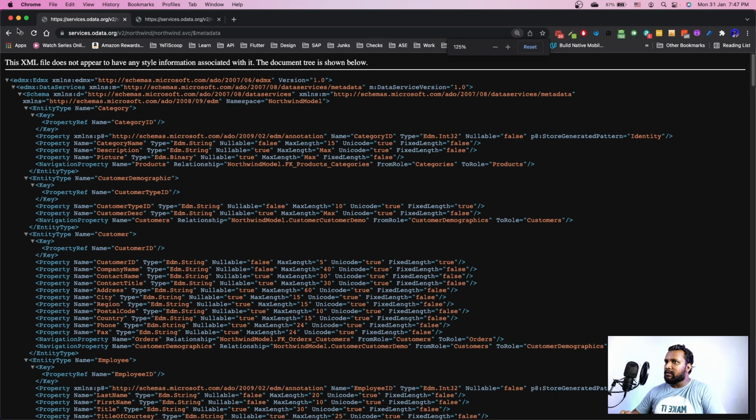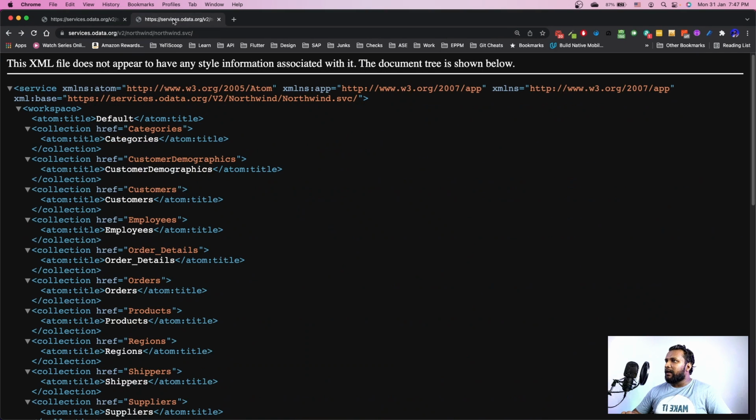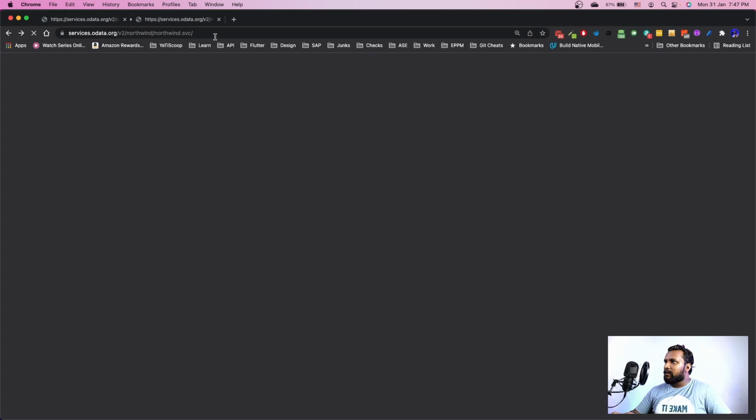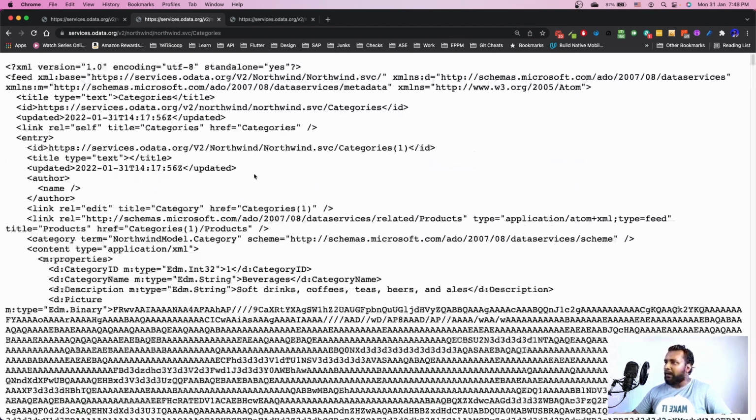So let me increase the size. I hope it is clear now. So this was the first link which we opened. And here you see there is something called categories, customer demographics, customers, employees, order details, etc. So this is how you get some custom categories. For example, I want to get some categories. All I can do is I'll just duplicate this one and say customers or categories. So once I open categories, you see I get the data in XML format, which is a